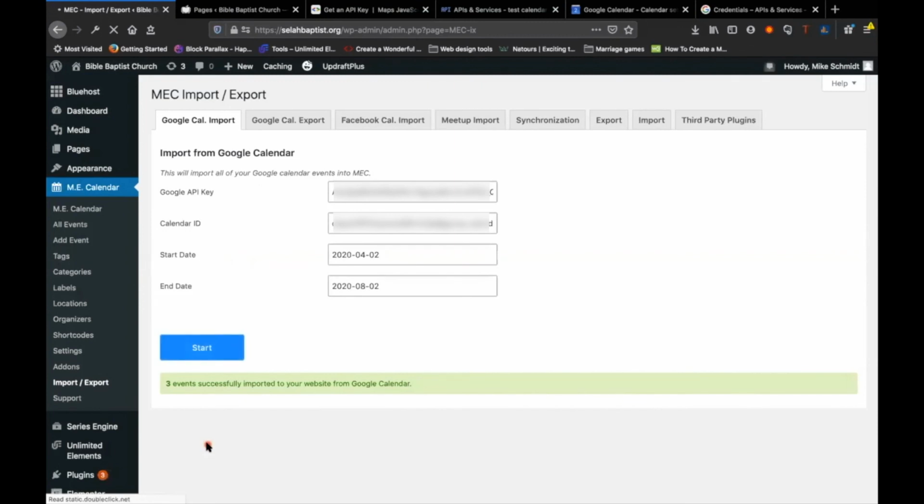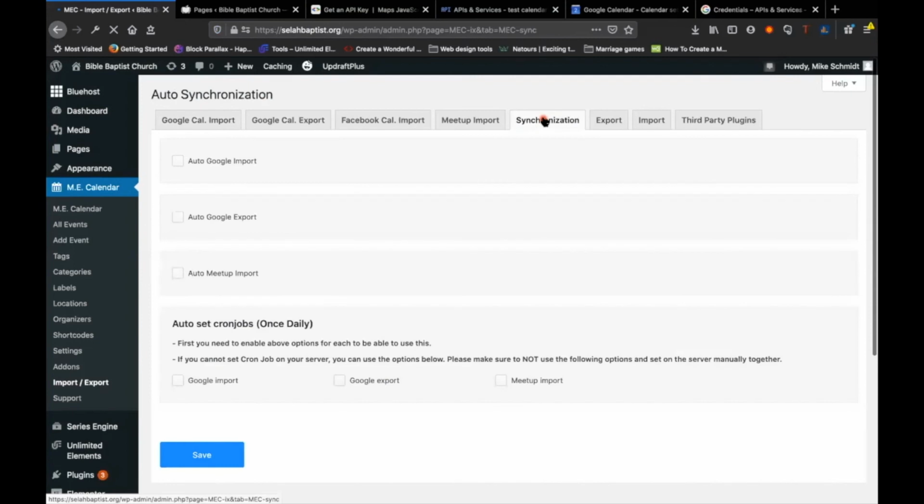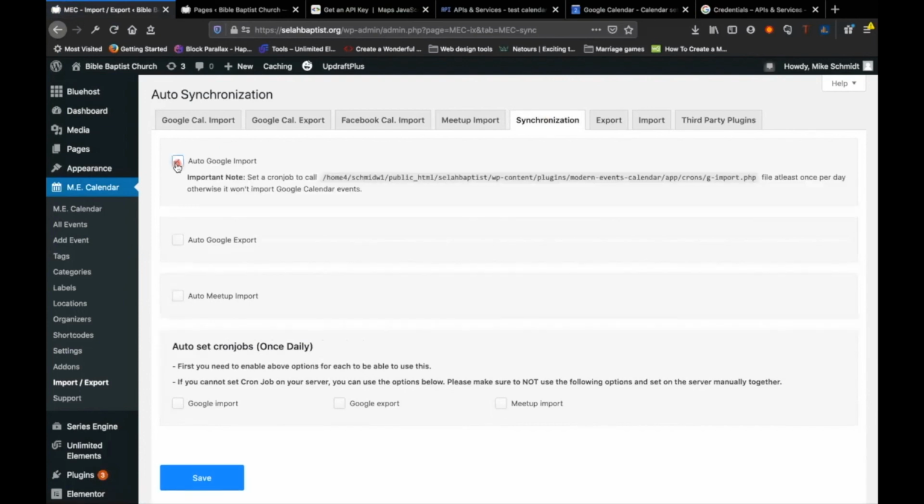And after you've imported them, then go over to the Synchronization tab and check the Auto Google Import setting, and then scroll down and click Google Import under the Auto Set Cron Jobs, and then click